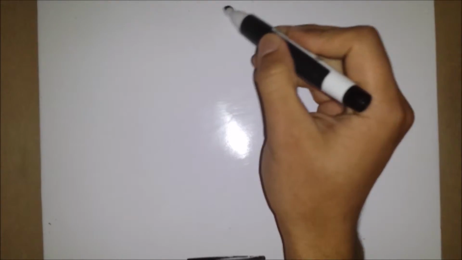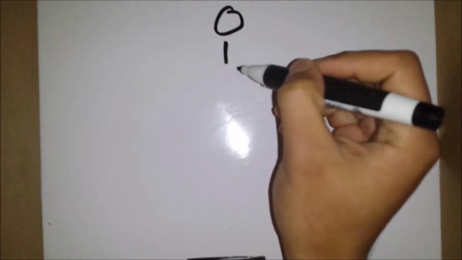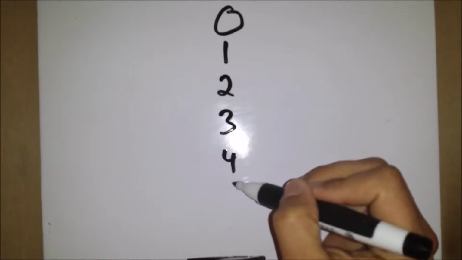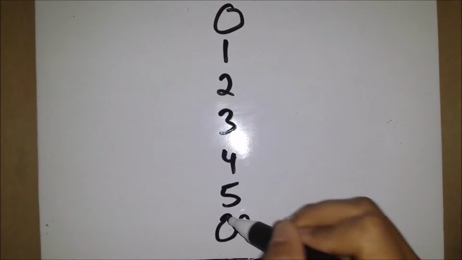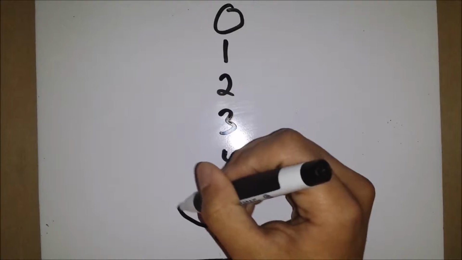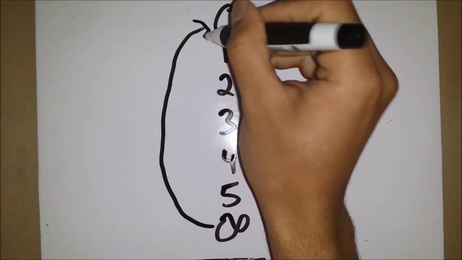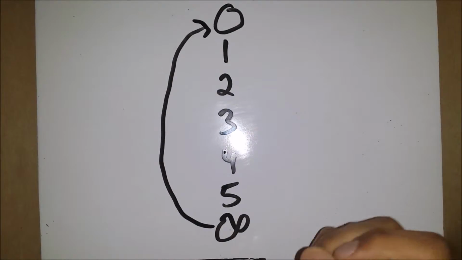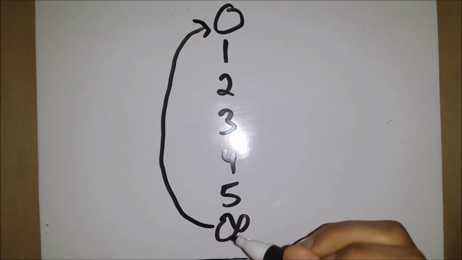Alright, but that's not all. The interesting thing is that the dimensions themselves are cyclical. Okay? So we start off from nothing, go up to the first, second, third, fourth, fifth, and infinite dimension. And then from infinity, we'll go all the way back to zero and start again. So why is that? Well, if you remember in my previous videos